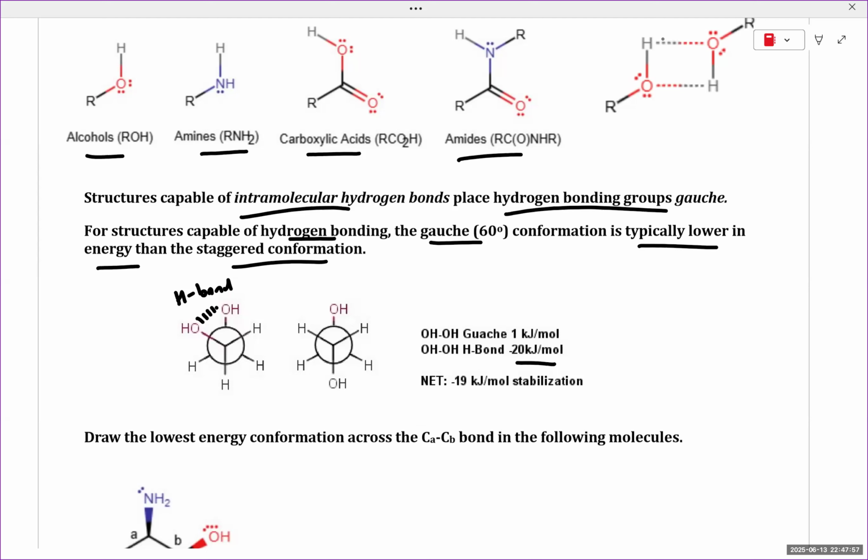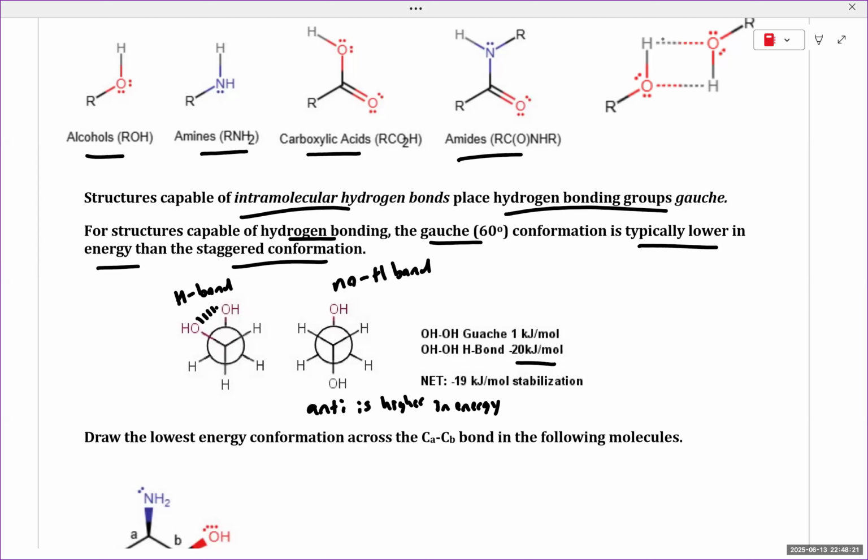Compared to the anti-conformation, which has no hydrogen bond between these two groups, there's no intramolecular hydrogen bond. As a result, the anti-conformation is higher in energy